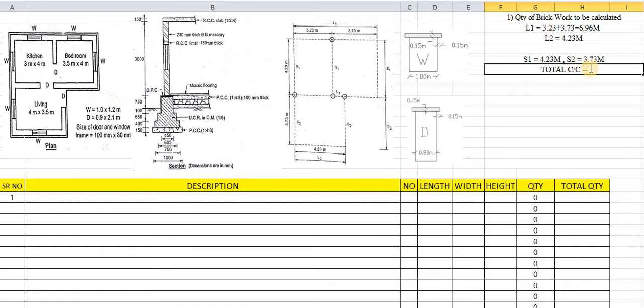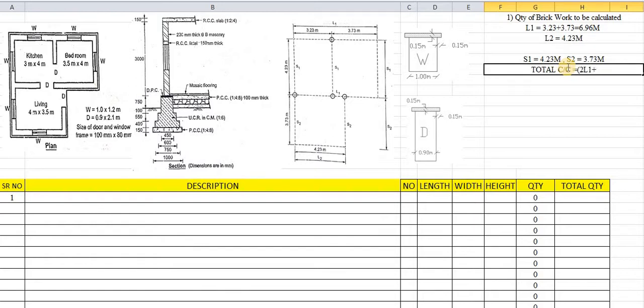First we will add all the total distances. In some question papers it has been asked to find out the total center to center distance. So first we will find out the total center to center distance. How many numbers of long wall? Long wall, there will be L1, it has been 2 numbers, so 2 numbers of L1.